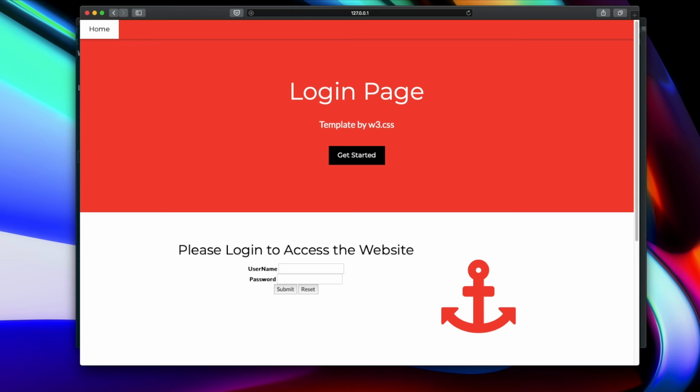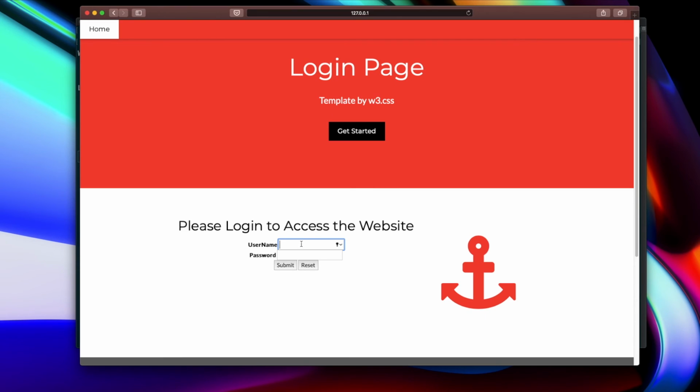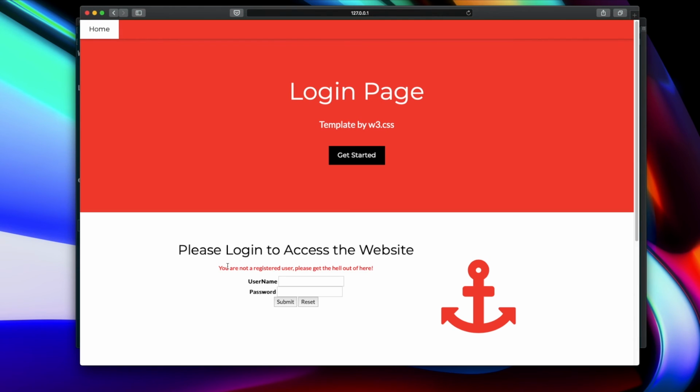We can see that instead of the home page, we are greeted with a login page now. Let me first enter an incorrect username, which does not exist in our hash. We get appropriate message. Now let me enter a valid username but incorrect password. It gives appropriate message.